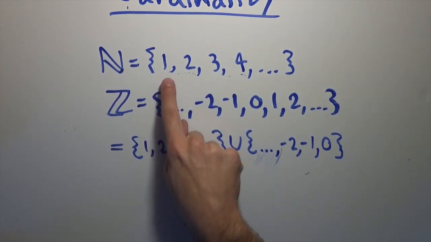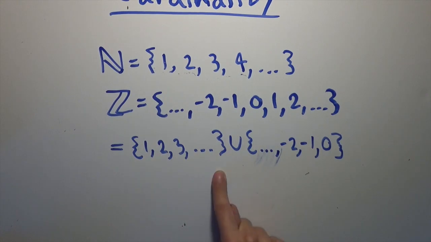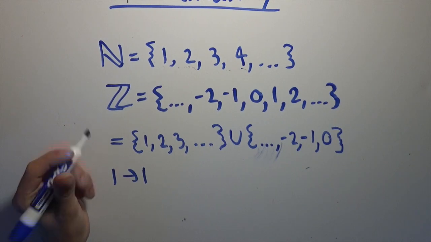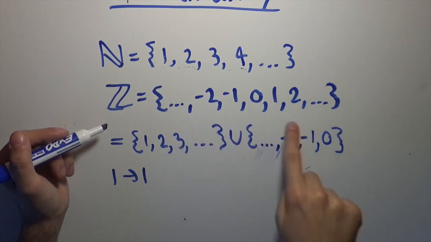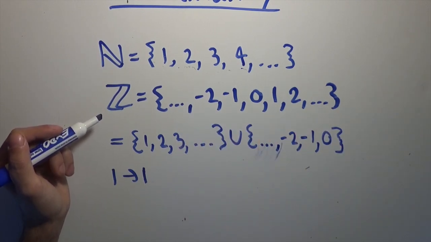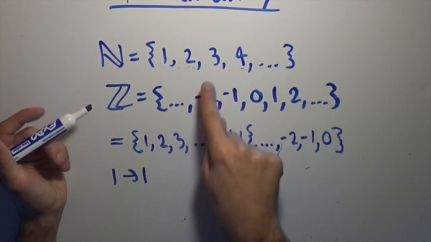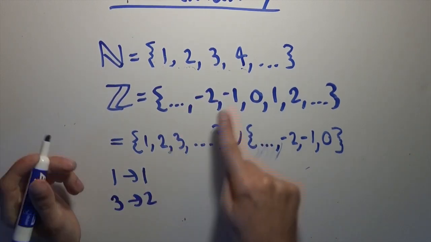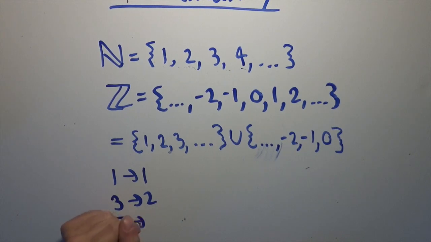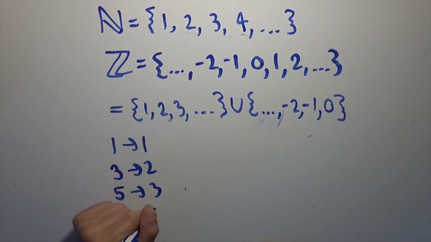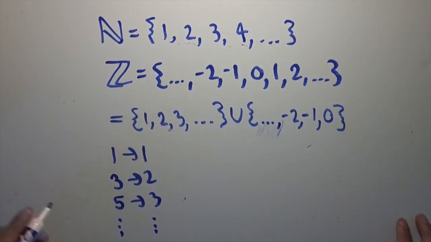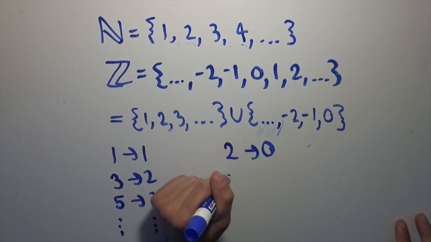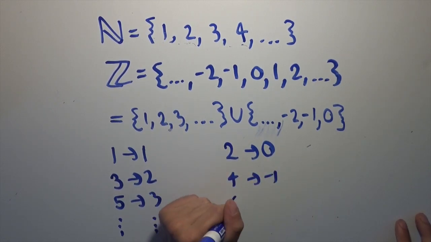So what we're going to do is have all the odd numbers be associated with these numbers, and all the even numbers be associated with these numbers. I hope that's clear. We're trying to make a bijection from N to Z, right? So we need each of the members of N to be mapped onto only one member of Z, and every member of Z has to be hit. So we want 1 to go to 1, we want 3 to go to 2, we want 5 to go to 3, and every odd number is going to go to a natural number. And then every even number in the natural numbers is going to go to one of the elements in this set. So 2 is going to go to 0, 4 is going to go to -1, 6 is going to go to